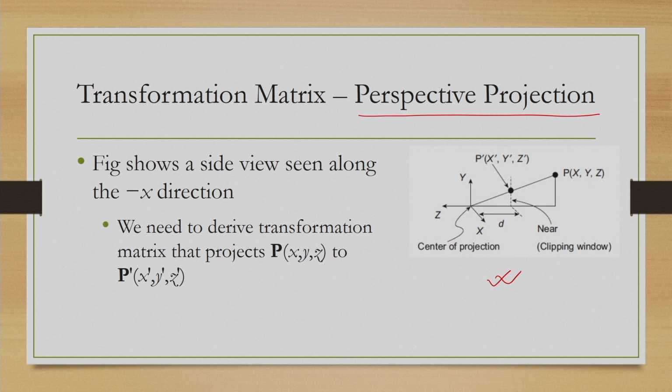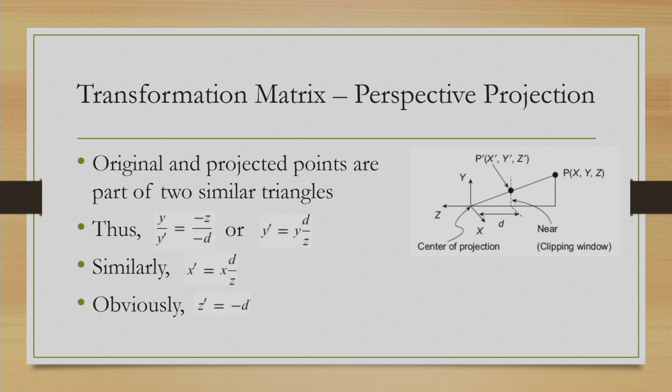The figure shows a side view along the minus x direction. So, what we need? We need to derive the transformation matrix that projects P, this is the point P, to the point on the view plane or clipping window P dash. Now, from the original and projected points,